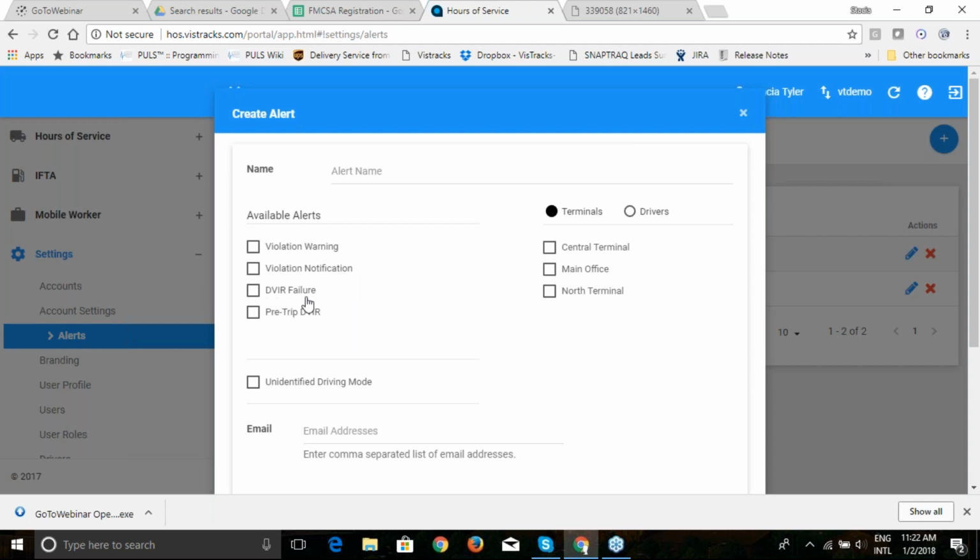DVIR failure. This is when you mark a DVIR as unsatisfactory. This is not when an individual point has failed. This is when the driver marks the entire vehicle as unsatisfactory. Pre-trip DVIR. This is when a driving event has occurred before a DVIR has been performed. And the last one is unidentified driving mode. This can alert you upon if any unidentified driving events have appeared within your accounts, so that you don't have to keep